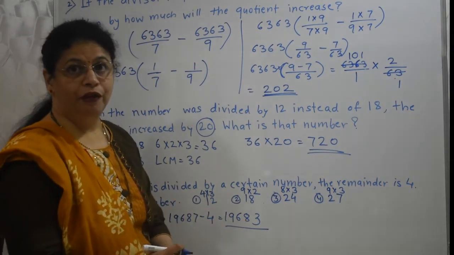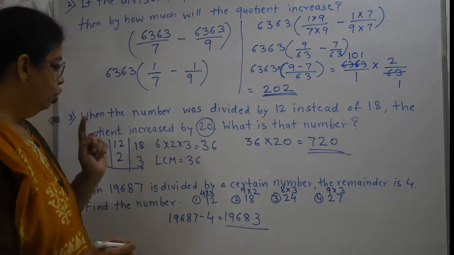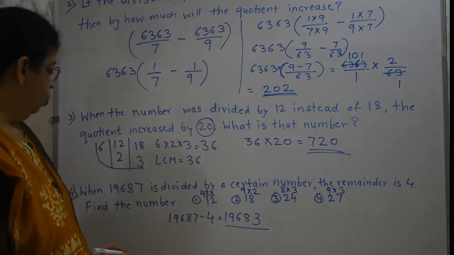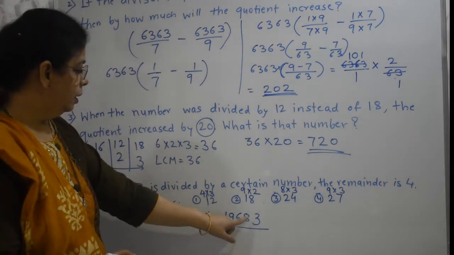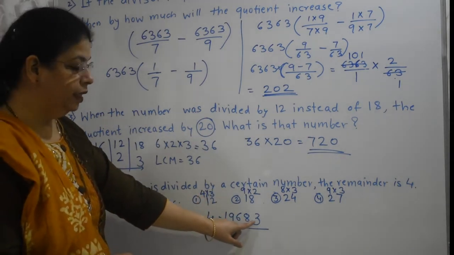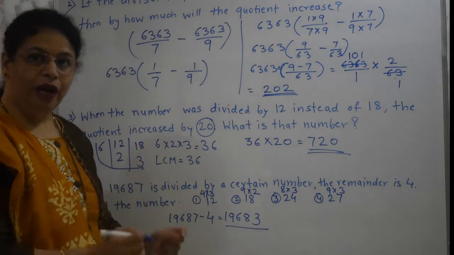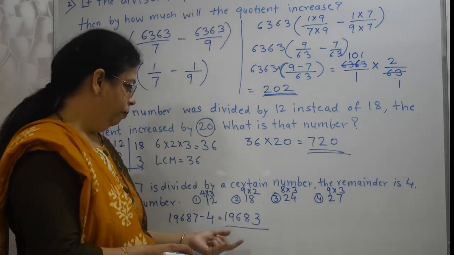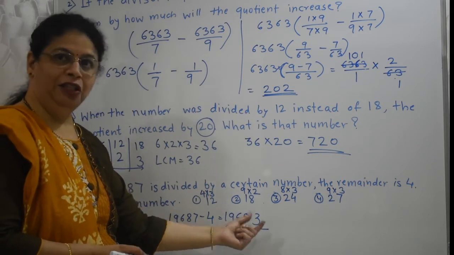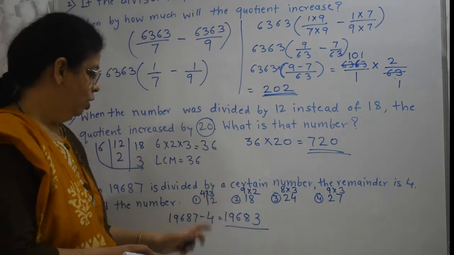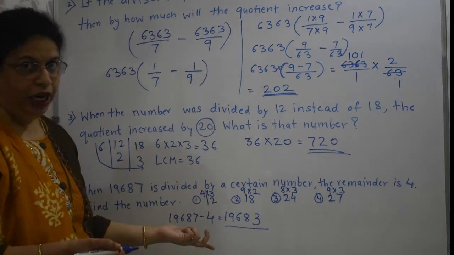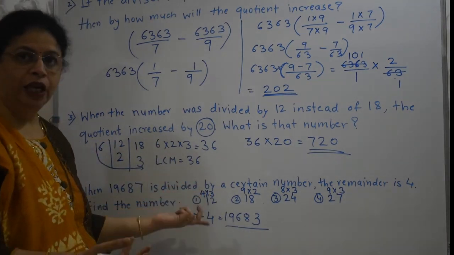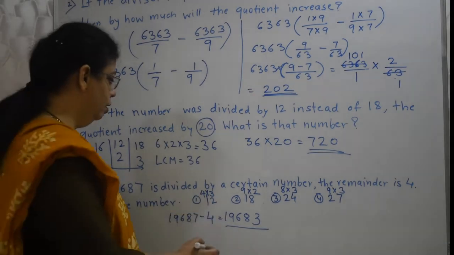Okay. Now, this is the actual number. With the help of the divisibility test, you should be able to find out whether it is divisible by 12 or not. The divisibility of 4 is, take the last 2 digits, divide by 4. If it is completely divisible, then the entire number is divisible by 4. But unfortunately, 83 is not divisible by 4. So even though it is divisible by 3, I don't know. I don't need to find out because if it is not divisible by 4, this is not the answer.